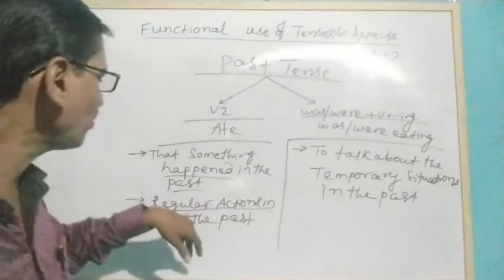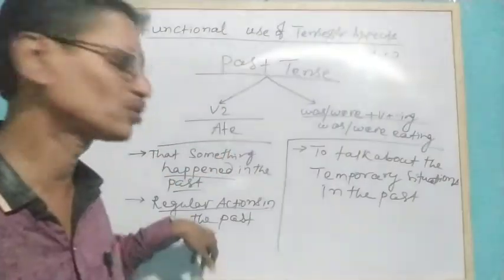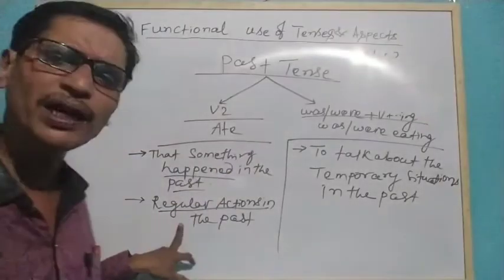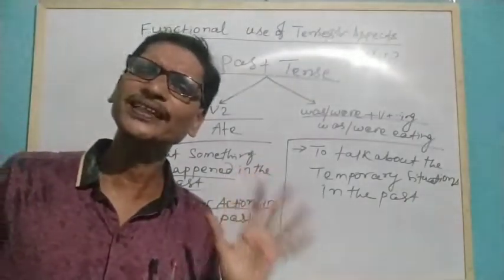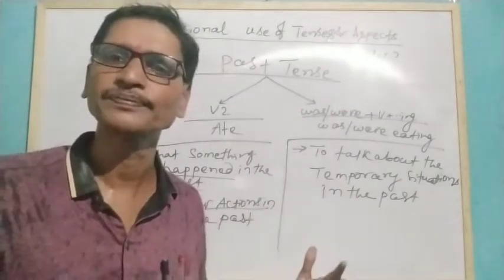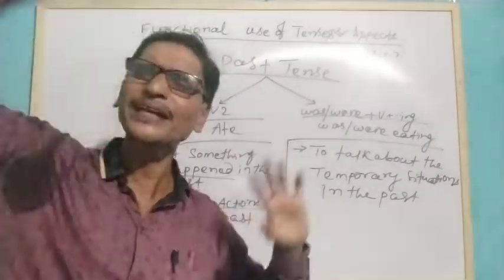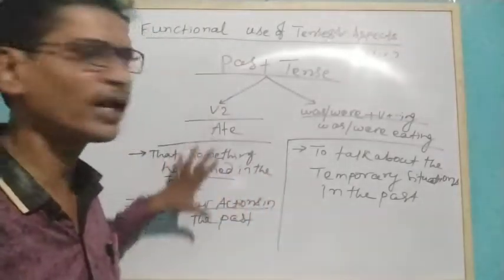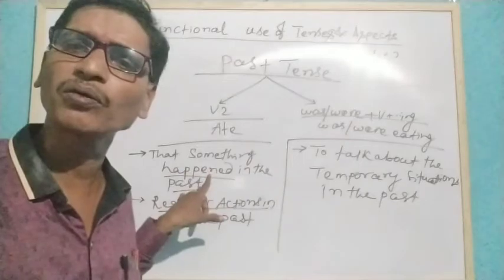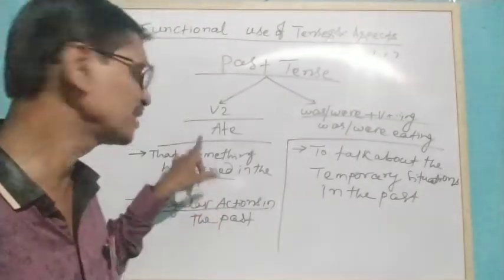So for talking about regular actions in the past also, we can use verb second form. For talking about regular action in the past, we have some other things as well. You know them very well. Just like we used to, could plus verb first form. There are many things to talk about regular actions in the past. But here we are using verb second form to talk about regular actions in the past as well as something